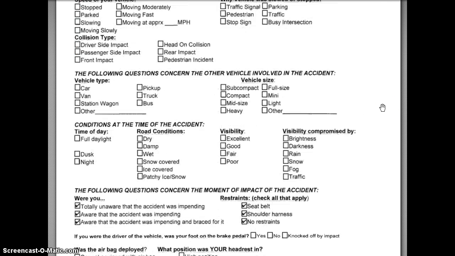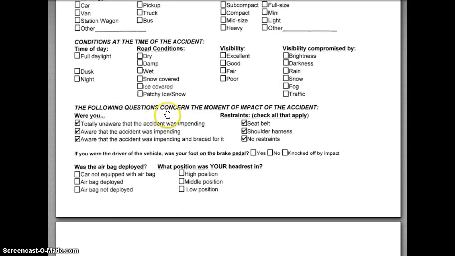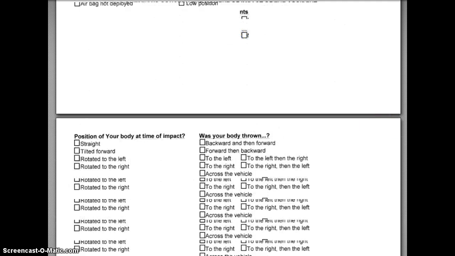Okay, now let's go down to where it says the following questions concerning the moment of impact. Only one of these should be able to be checked for were you. Okay, only one. And under restraints, only one of these should be active. All right. Okay. Once that's changed, we go down to,